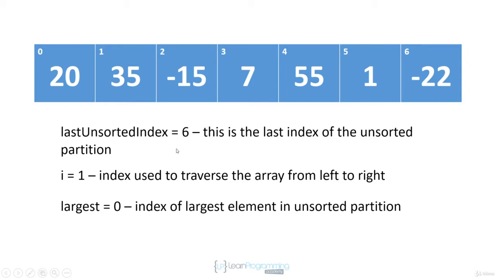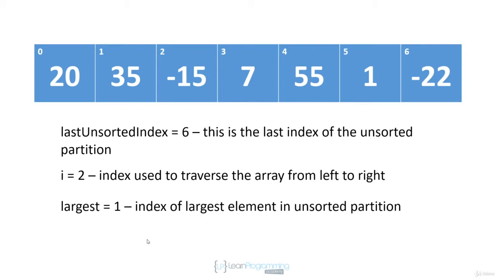So these are our initial values. The last unsorted index is 6 because the entire array is unsorted. i is 1. We're going to start our traversal here, and we've initialized largest. Largest will contain the index of the largest element in the unsorted partition. That's initialized to 0. So we're going to compare 35 to 20, and we're going to say, hey, 35 is larger than 20, and because of that,